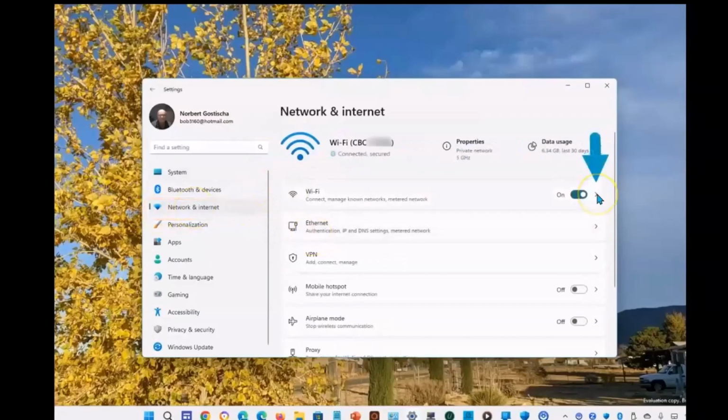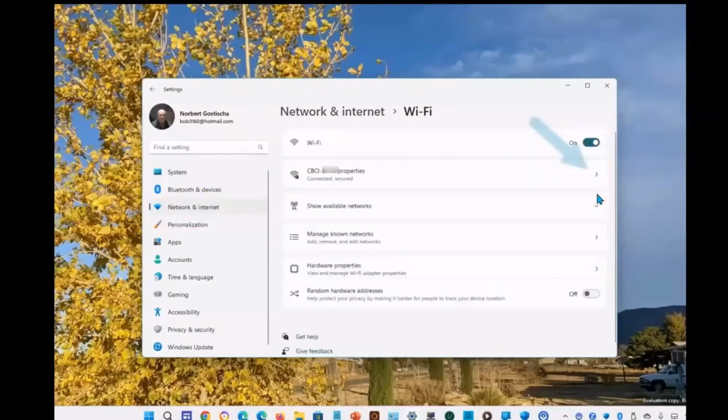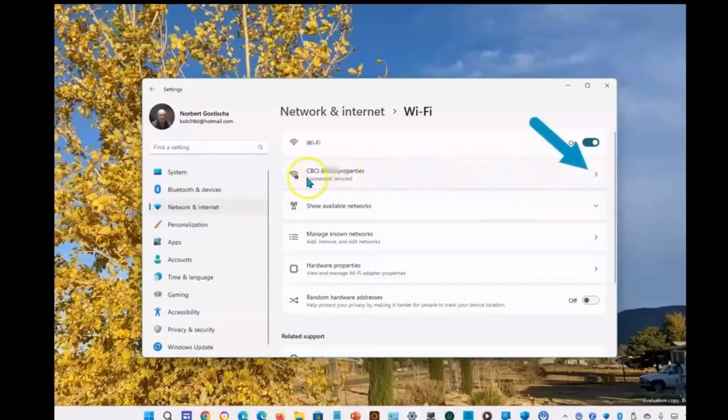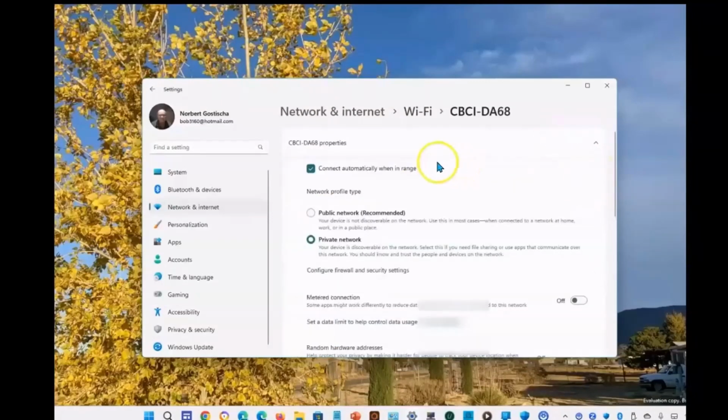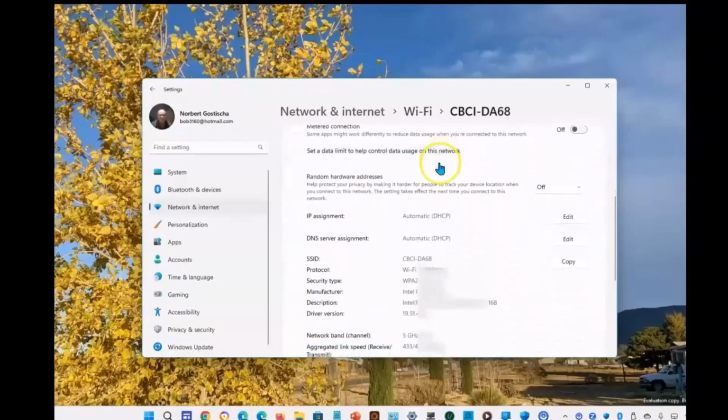Next, expand the Wi-Fi settings. Expand the actual Wi-Fi connection you're using. It's easy enough to see because it's highlighted and it says connected, secured. So expand it, and once this opens, scroll down